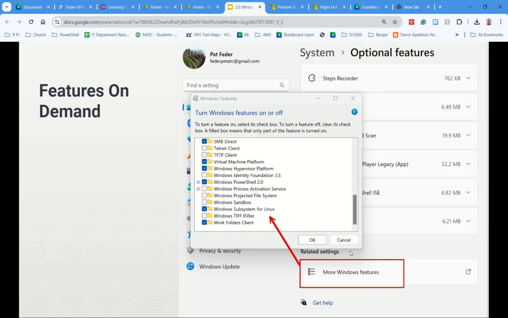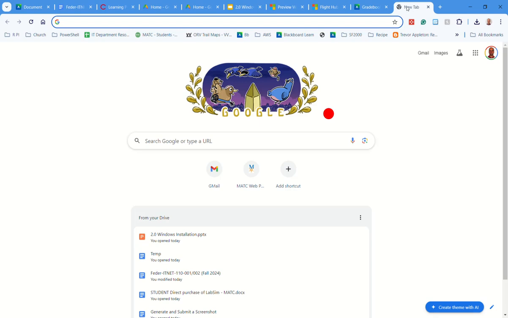TestOut talks a little bit about features on demand. Essentially, when you install an operating system, there's a whole bunch of other features that could be enabled with a simple checkbox. So let me just real quick, I'm going to connect to my